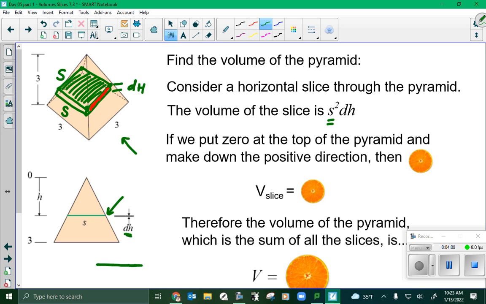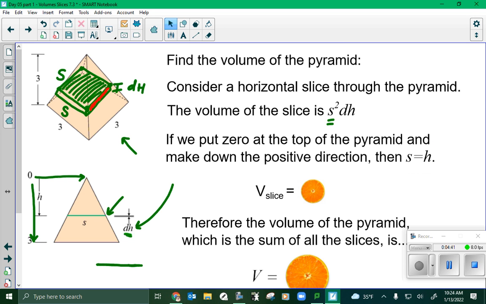And this thickness is a small change. It's the same one down here. It's such a small change in height, we are going to make it insignificant, just dh. Because when we integrate, right, we have a dummy variable. That's going to be our height. All right? So if we put a 0 at the top of this pyramid and make down the positive direction, meaning 0 is right here, and then I go down 3, okay? If I go down 3,